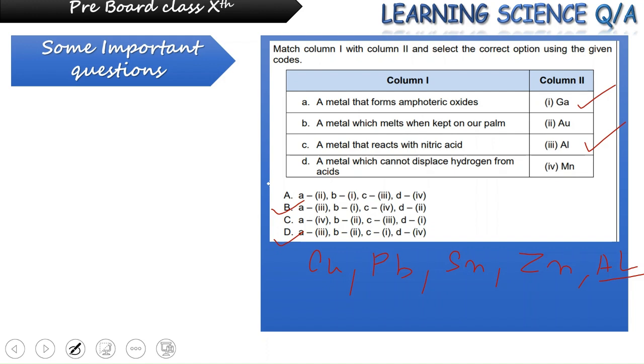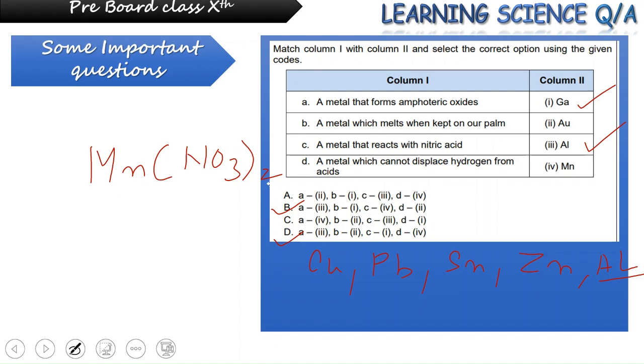Next is a metal that reacts with nitric acid, out of gold and manganese. We all know gold is very inert, very low reactive. In fact, the lowest in the reactivity series, it would not be reacting with any of the acids under normal conditions. So for this, we have our right answer as manganese, which forms the compound Mn(NO3)2 with nitric acid.